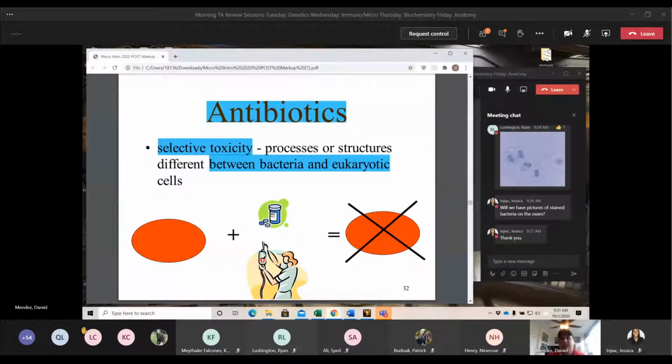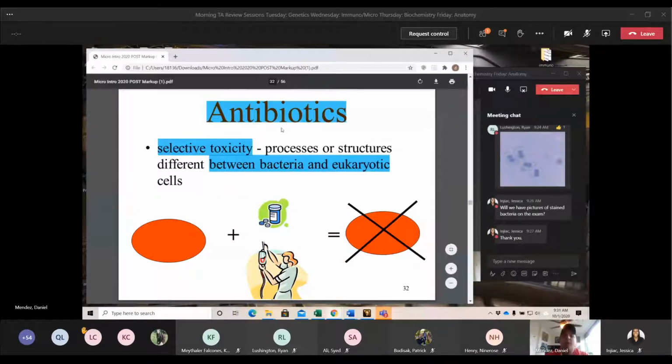The majority of side effects that you see with antibiotics come from dysbiosis, so dysregulation of the microbiome, or someone having an allergy to that. The main side effects we see when physicians give patients antibiotics come from changing the microbiome, the microflora, which can then have separate side effects. So the antibiotic isn't targeting your cells, it is targeting specific things in the bacterial cells. And we'll get into that.